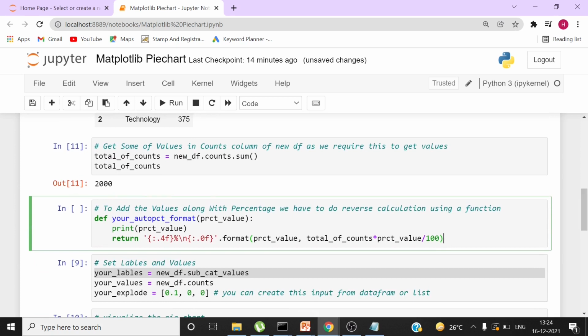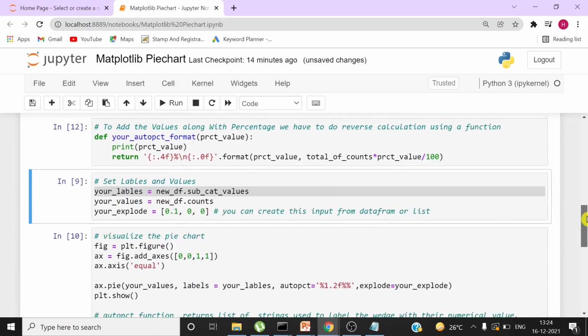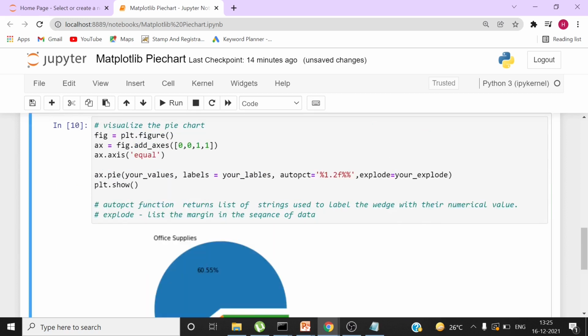Hope you can see the code on your screen. This is the function name which we will be using, and this is the percentage value which will come, and from the percentage value we are getting the count back. You can also write something else other than the numbers, before this quotation mark, and that will also be displayed along with the required values. All right, so we have to run this cell. You can see the function.